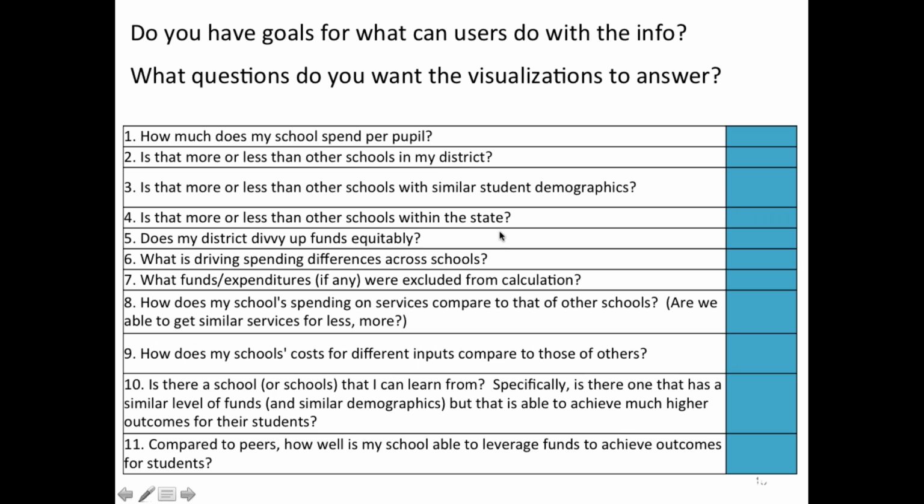So there's a question here from Lisa. I agree with the need for sequencing, and also think that there need to be different types of visualizations for different audiences. Great point. You can imagine a parent might be doing one thing, a principal might be doing another, a school board member might be doing a different one entirely. So I think that's a really great point, to think about these users.